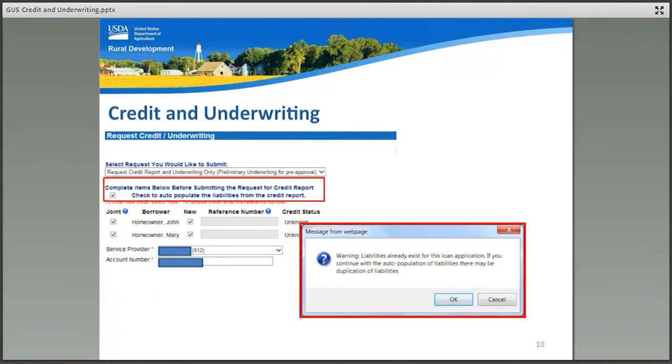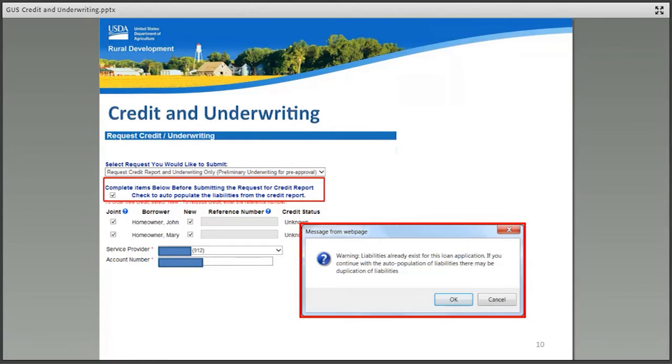If the Auto-Populate box is checked and the Assets and Liabilities application page currently has liabilities entered, the warning pop-up box will appear. It reads, "Warning, liabilities already exist for this loan application. If you continue with the auto-population of liabilities, there may be duplication of liabilities."